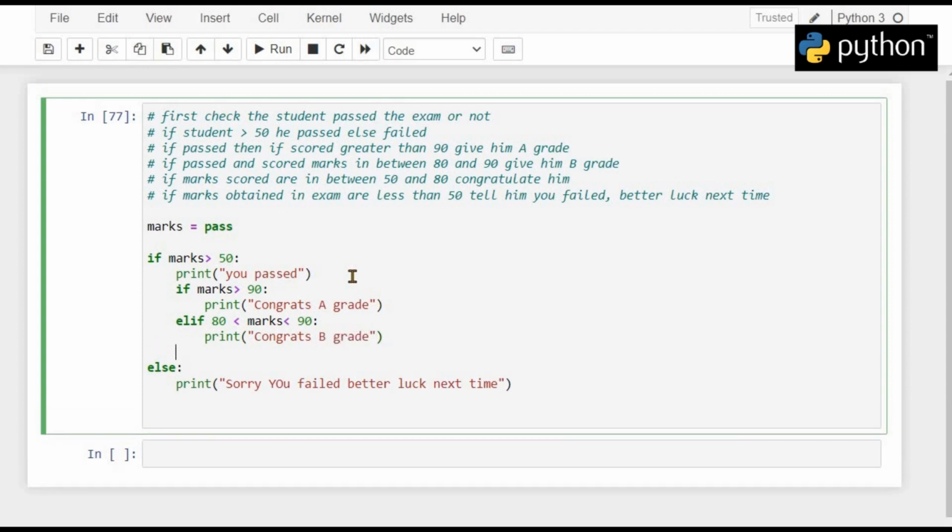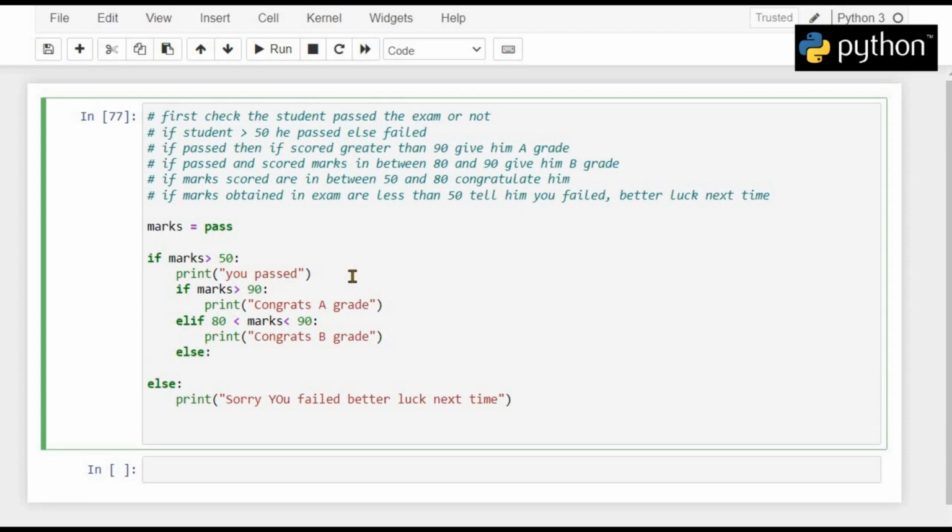And similarly, if the marks obtained are between 50 and 80, we will print "congrats you passed". So now we have described three different conditions which are indented in the first if condition itself, or they are dependent upon the first if condition.